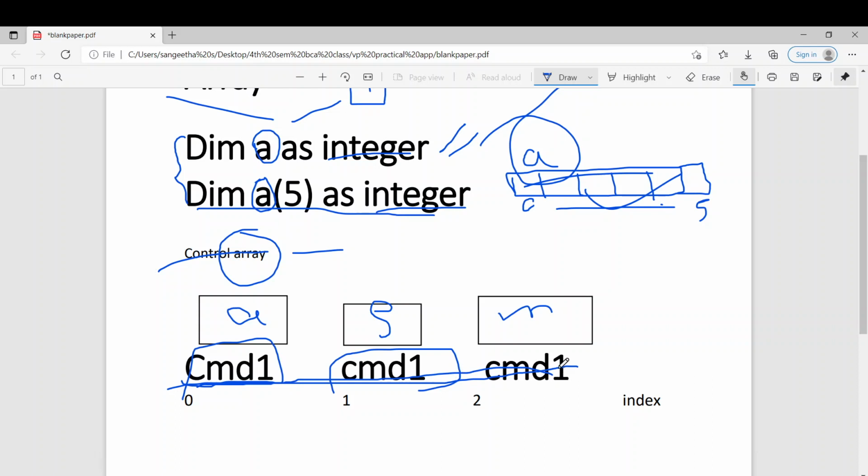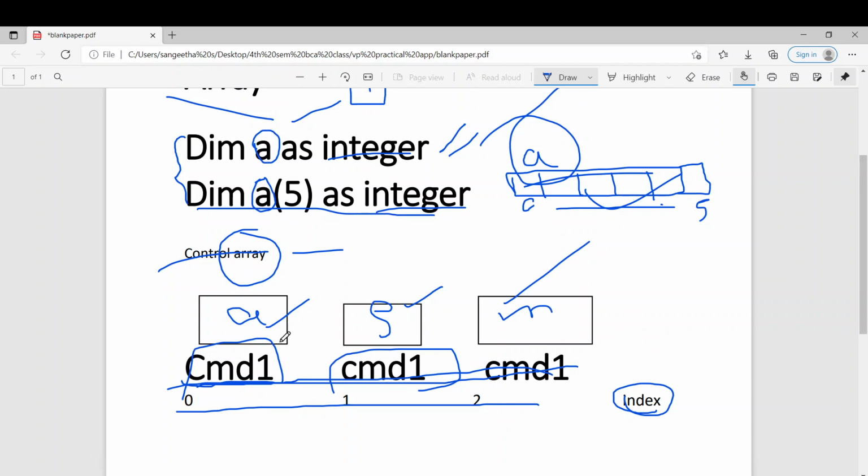With a single name, you can perform different tasks for different controls you placed on your form with the help of these indexes. If you want to see this index value, by default for the first command it will be 0 and for the second command you placed it will be 1 and so on. So in properties there will be an index option. You can check that and according to that you can perform your task.